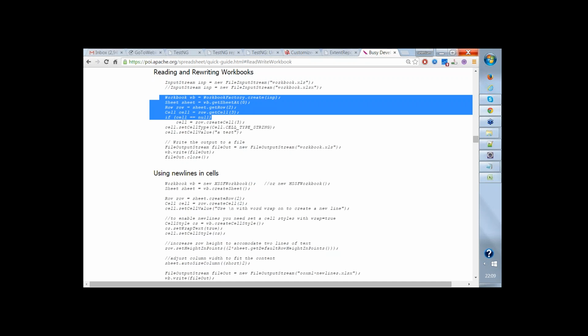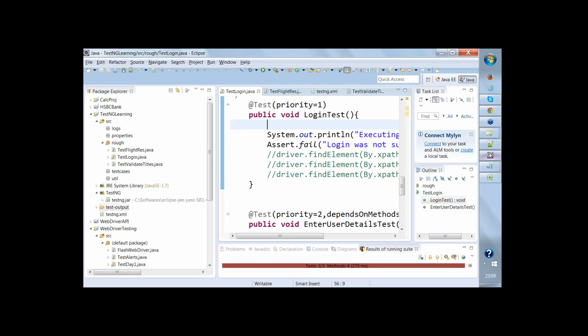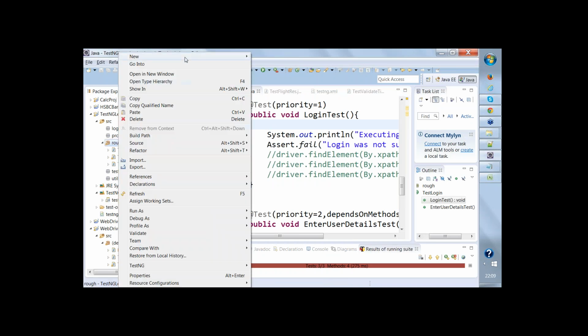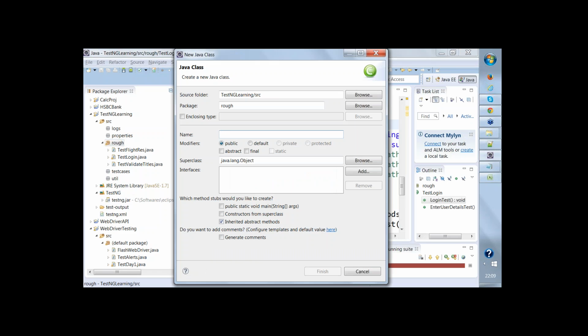But before that, we need to understand the concept of parameterization, how TestNG supports parameterization. Parameterization means reading the data in the form of parameters. It could be through an Excel file, a Notepad file, or any source. So first, we're going to see how parameterization is done. I'm going to create a new class. This is again very important. I'll name it test